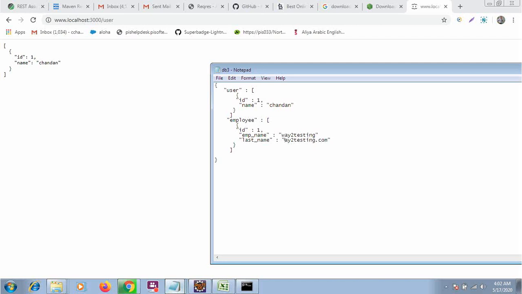Always in the last line we will not put the comma, and just before the last line everywhere there will be a comma, this one also, and this one also. Okay, let me save this one.